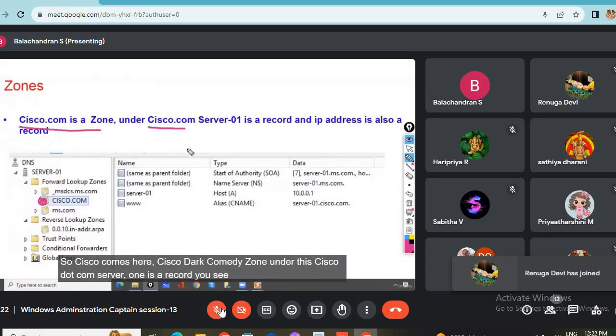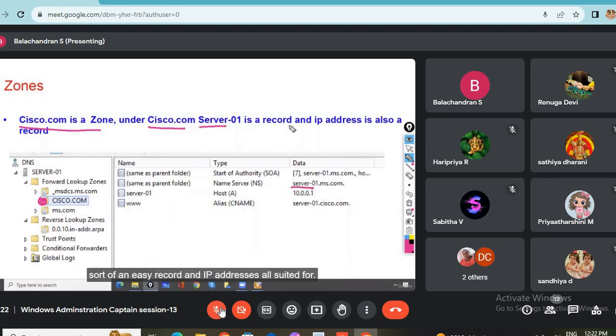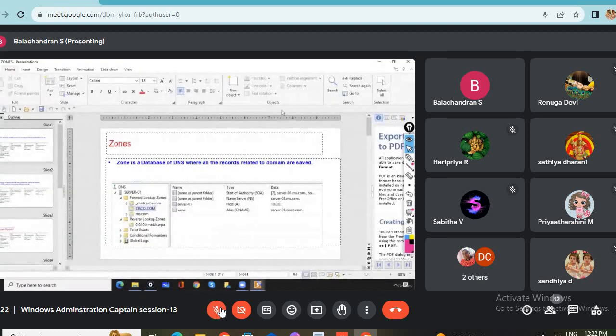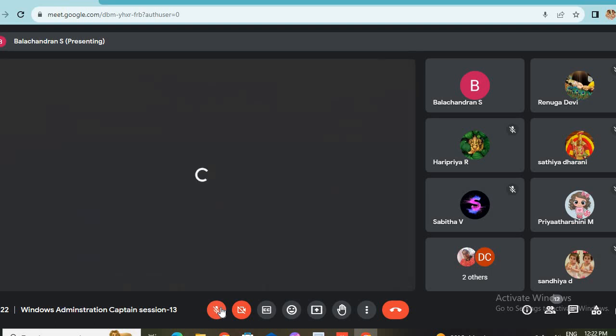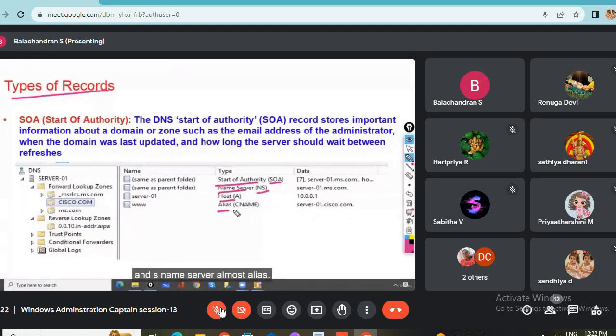Under this cisco.com, server 1 is a record. If you see, server 1 is a record and IP address is also a record. Host, alias, these are the